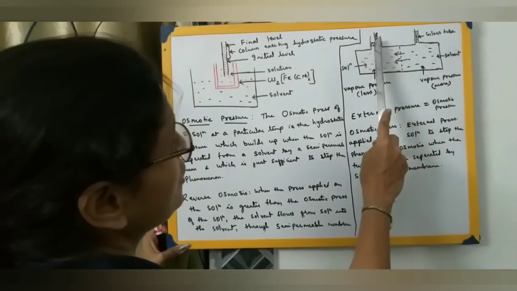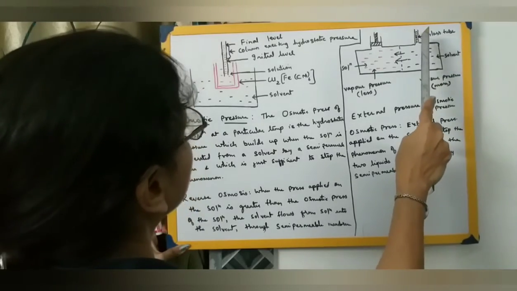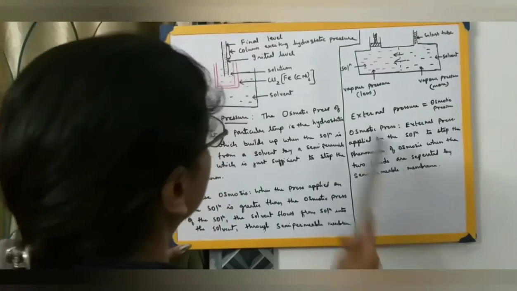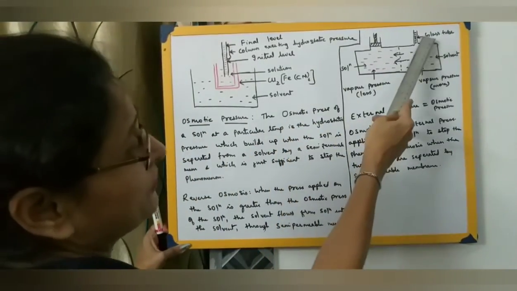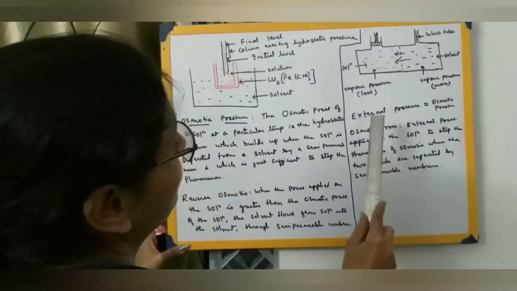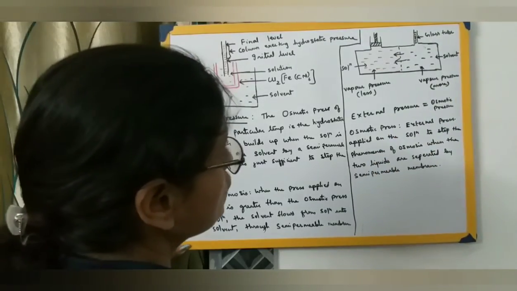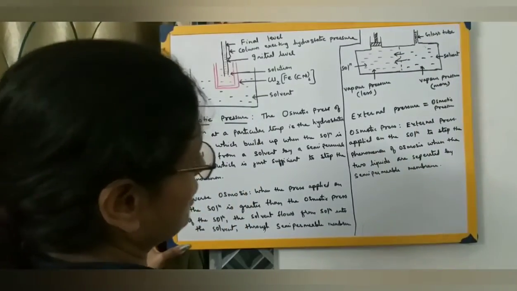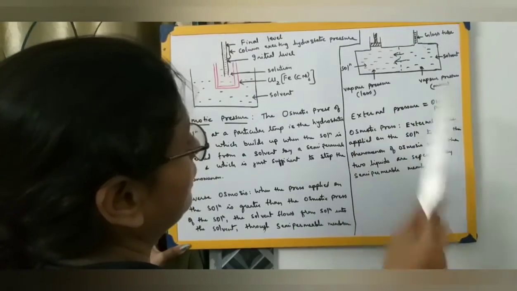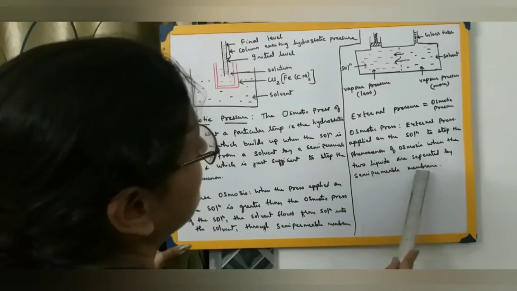So this external pressure is equal to the osmotic pressure. That is the pressure that has been exerted in this column over here, the hydrostatic pressure, which is also called the osmotic pressure. As I have shown you over here, hydrostatic pressure. In this particular case also there is a hydrostatic pressure, which is also called the osmotic pressure. So when the external pressure becomes equal to the osmotic pressure, we find that this process stops. So we get another definition for osmotic pressure: the external pressure applied on the solution to stop the phenomenon of osmosis when the two liquids are separated by a semi-permeable membrane.